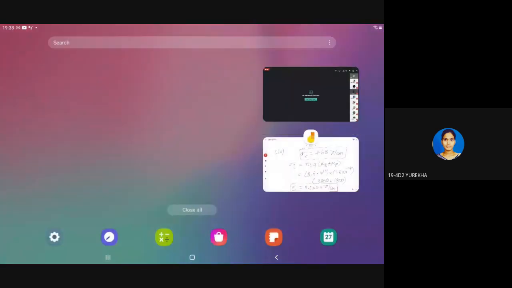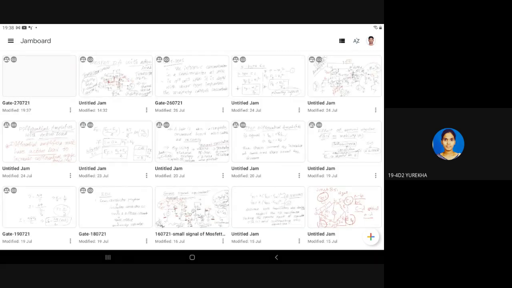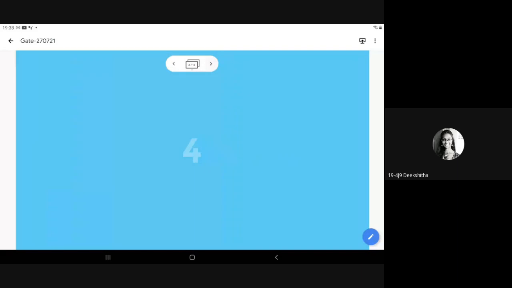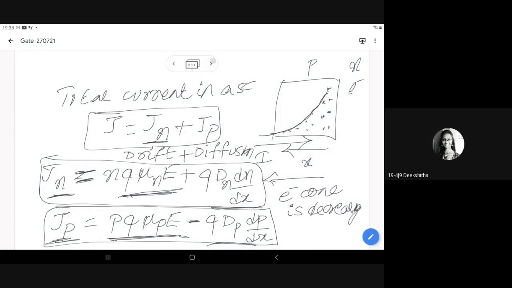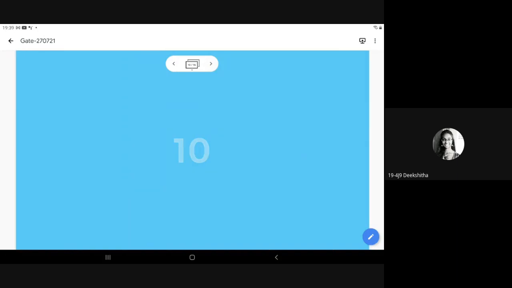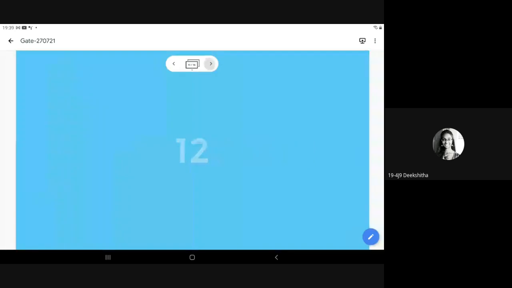Well, what is the answer you got? Sigma i is 0.0224, sir. Yes. So now what is the question he has asked? How many times sigma has increased in the semiconductor due to doping. So if you take the ratio of sigma n by sigma i, you can get the answer.